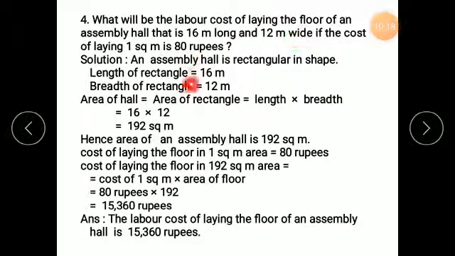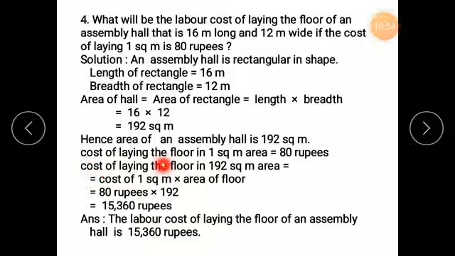So all these three has been given, and we have to find, first we need to find out the area of that hall, and then we will find the costing. So let us first find out the area. So area of the hall will be area of the rectangle, since that hall is in the rectangular shape. So length into breadth. What is the length? 16. What is breadth? 12. So 16 into 12 will be 192 square meters. See, it is meters, hence its area will also be in the square meters. Hence, area of an assembly hall is 192 square meter.